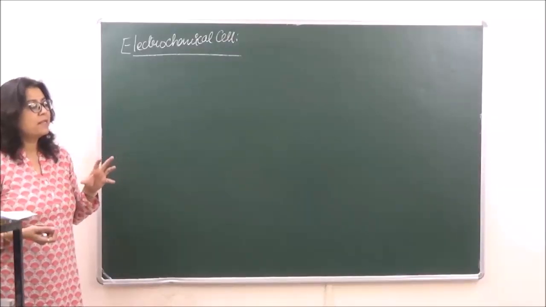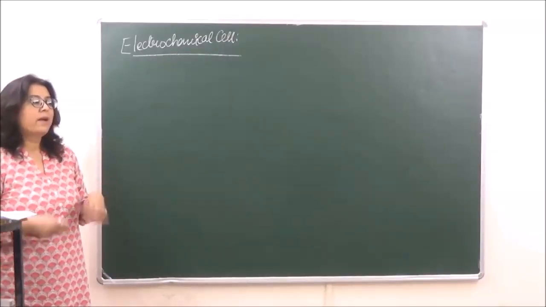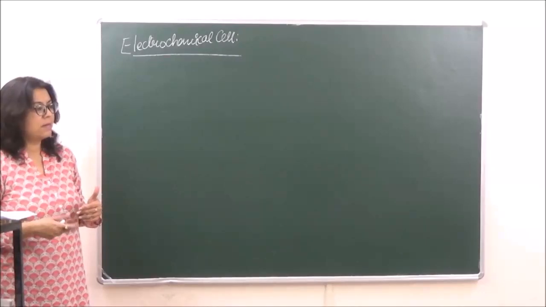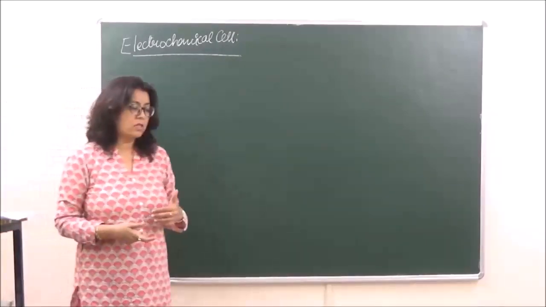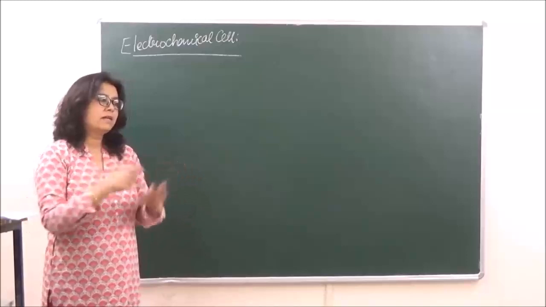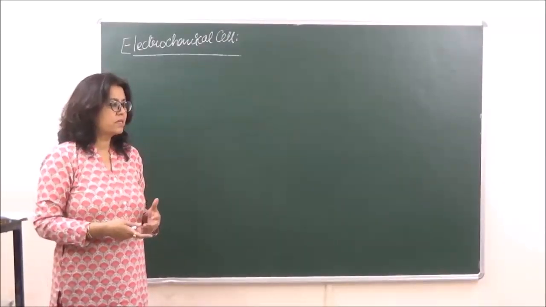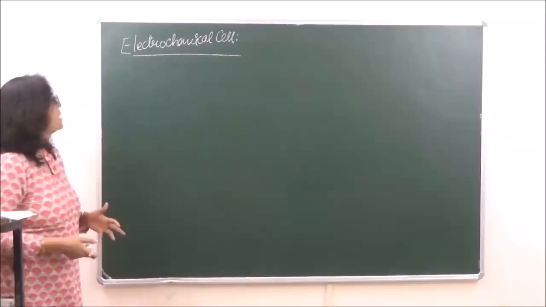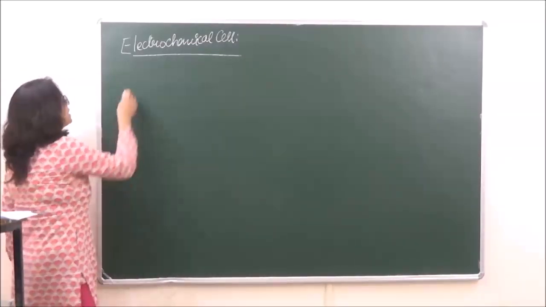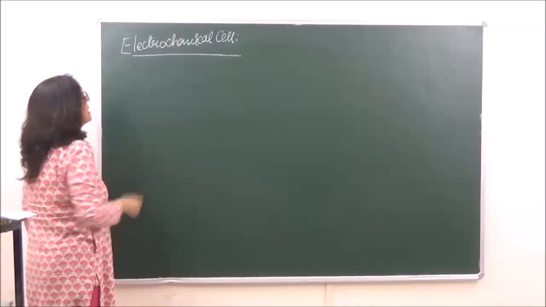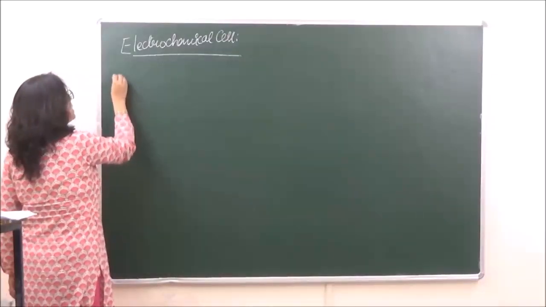What do we understand by the word electrochemical? There are certain chemical changes taking place which are going to produce electricity, or vice versa. We are giving electricity from outside and there are certain chemical changes which are taking place, right? Now the electrochemical cell can be further classified into